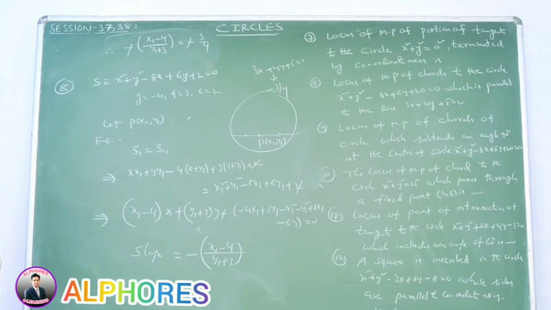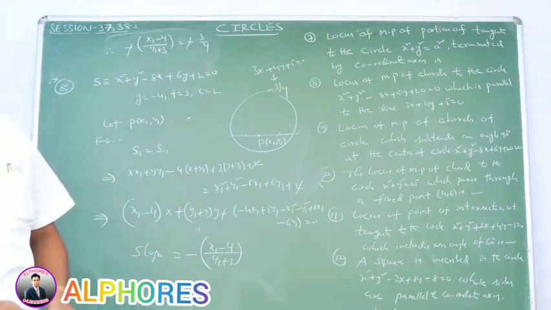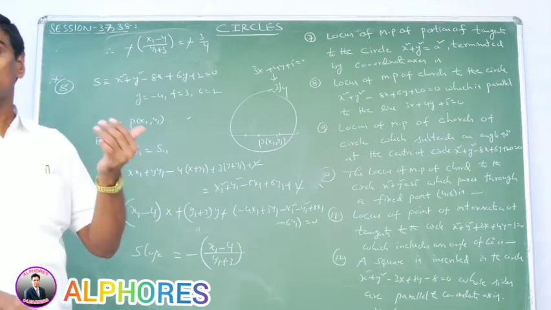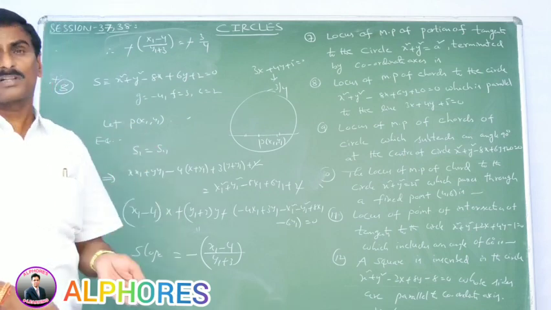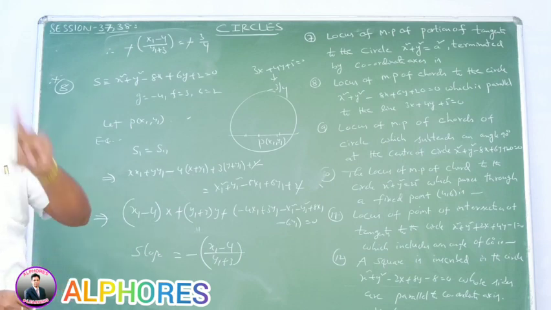Very important. Eighth one is also important. In this case, we find the locus of the midpoint of the chord, so that point can be taken as (x1, y1). If the midpoint is given, what is the equation of the chord? S1 is equal to S11. So we find the equation of the chord. But this chord is parallel to a particular line, so slopes are equal. By using that condition, we find the locus equation.